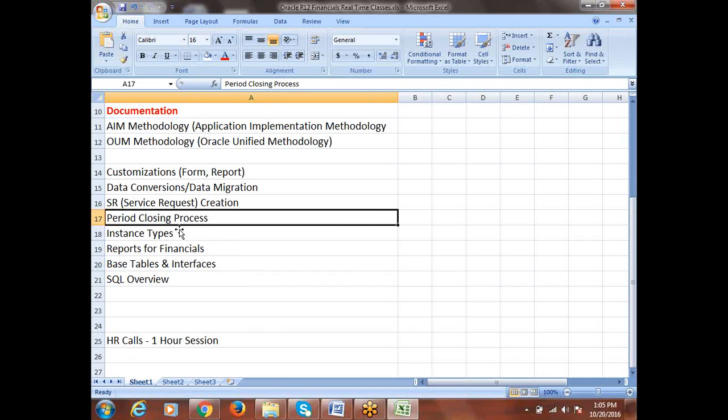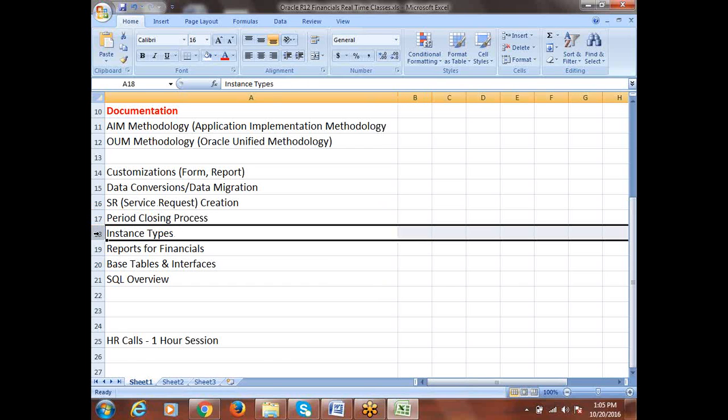If you want to close the payables period, it's not like you go and change the status to closed. When you say closed, the system says stop. It will respond saying, boss, I don't allow you to close, because there are certain activities which need to be done before closing the period. Only then will the system allow us to close the period. It can be payables, receivables, general ledger or any other application. There is a certain process which needs to be followed, the period closing process. That period closing process we will be discussing.